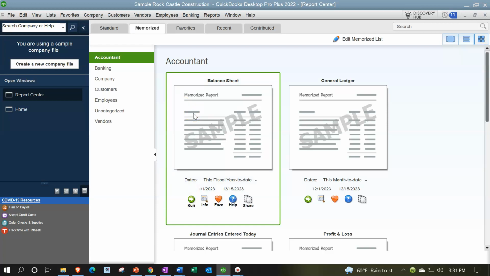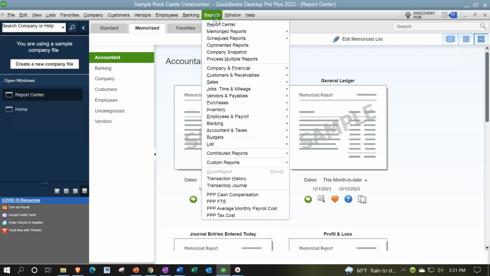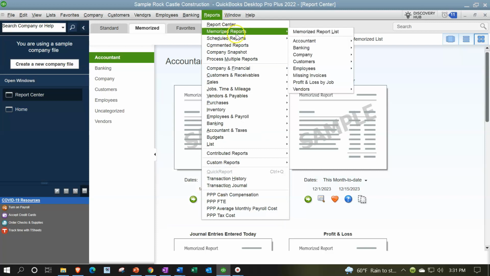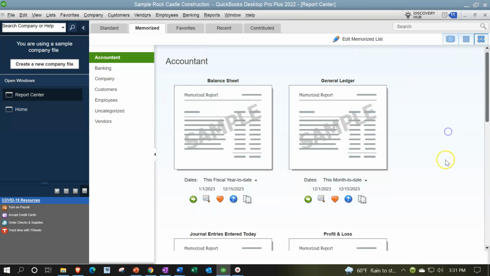We'll talk more about how to do that in another section of the course, but once they're memorized, you can also go to the reports dropdown, go to the memorized reports, and find those items there, and that can make searching the memorized reports a lot easier. Notice also that I use the memorized reports if I'm making substantial changes to the format of the report. If you do a lot of customization, just like the customization of where you're going to find certain widgets or certain functions, if you customize those special areas, then it's a little bit harder